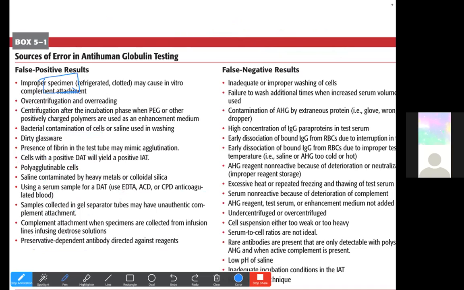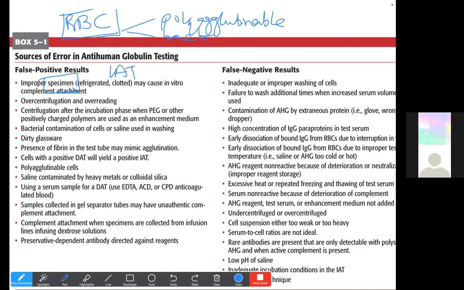Then when the AHG is being used in the IAT, we have the RBC suspension. Now in the RBC suspension, there can be problems. The RBCs may contain cells that are polyagglutinable. Then we have cells that may show bacterial contamination. So the reagent may even have bacterial contamination of the cells. And then there could be